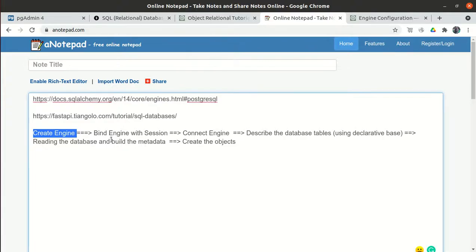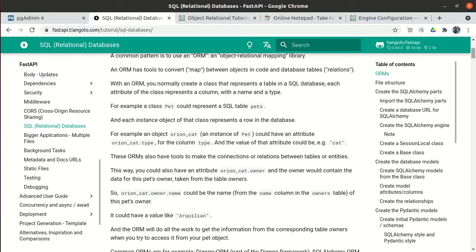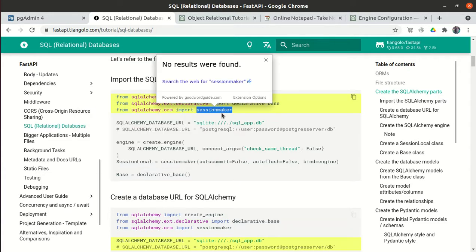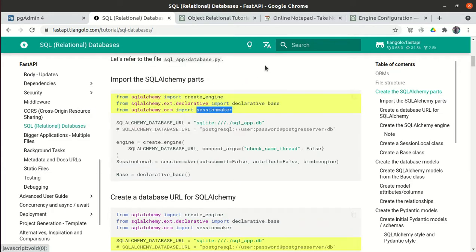The second point is that we have to define a workspace, that is, define some session. If you go through the official documentation, in case you forget which library the create_engine function is in, or how to create the session and in which library it is, you can follow the documentation anytime.